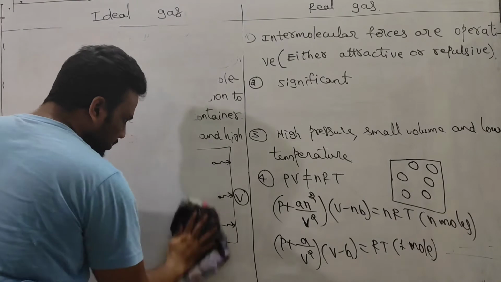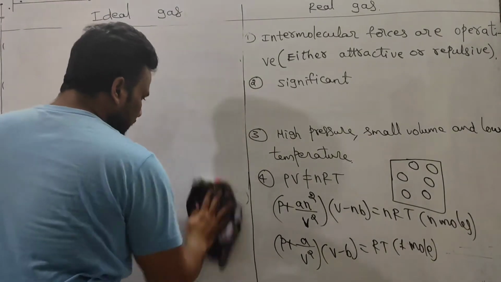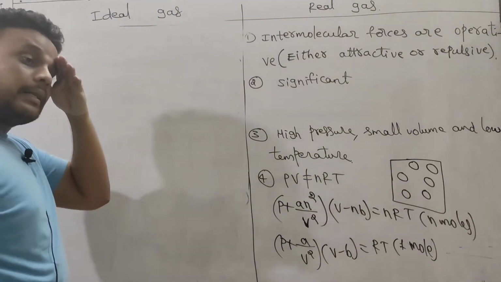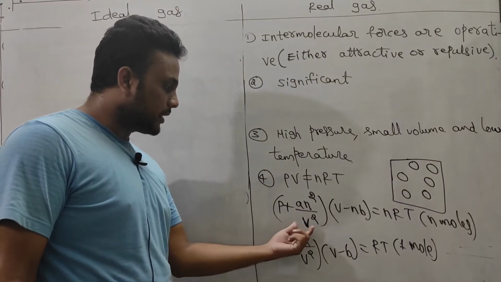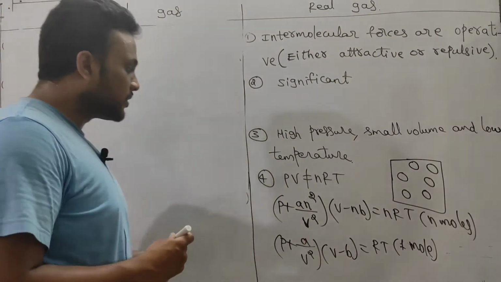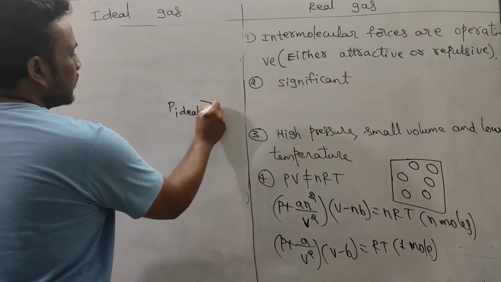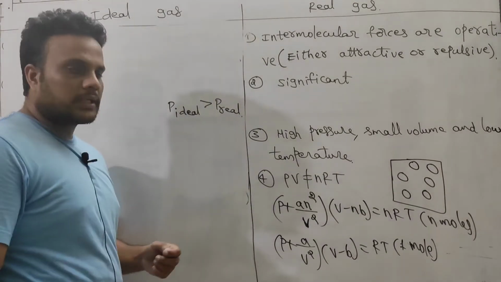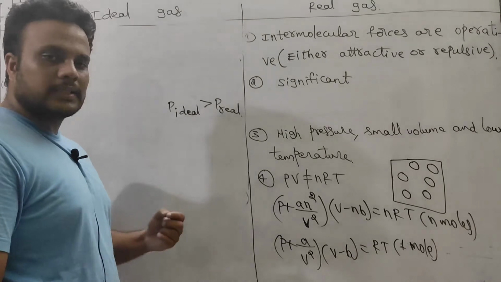If we talk about pressure inside the vessel, you have real gas and ideal gas. No doubt, the pressure exerted by ideal gas is more than that by real gas. You see, the pressure of ideal gas is greater than the pressure of real gas, because in a closed container, the pressure exerted by any gas is due to collisions with the walls of